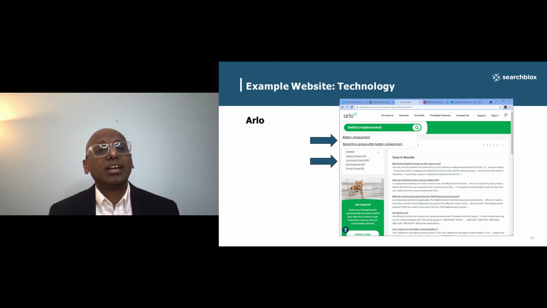The next example I'd like to show is a technology example from Arlo.com. Support at Arlo.com uses the Smart Suggest technology to basically surface and show information related to support issues that are coming back, where customers are looking for help on their Arlo devices, where they're able to type in something like a video or a battery and find contextually relevant suggestions that are coming back that's helping them narrow down the information that